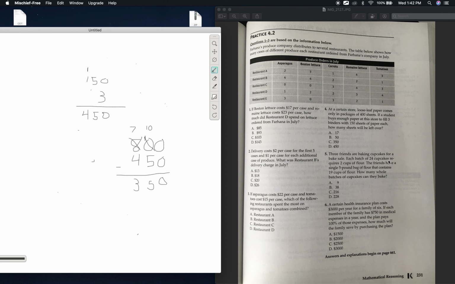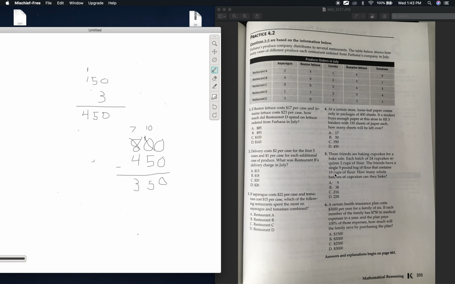Okay, so we know that to make 24 cupcakes it takes 2 cups of flour. The friends have a single 5-pound bag of flour that contains 19 cups of flour. How many whole batches of cupcakes can they bake? So we need to see with these 19 cups here, how many batches can we actually make. So we know it takes 2 cups to make a batch, which a batch equals 24 cupcakes, but we have